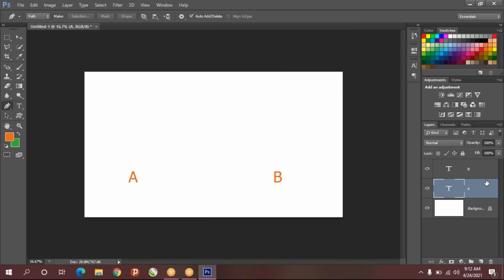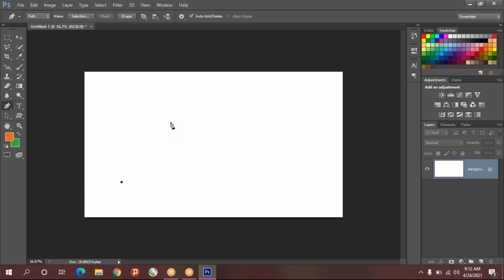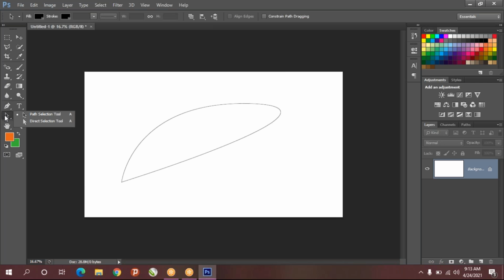So for example, I'll delete these layers. If I want to make a leaf, and if I try to close that, the curve goes along the line which is there in this direction. You can take the direct selection tool to adjust the points.